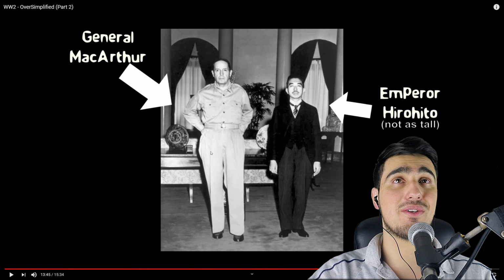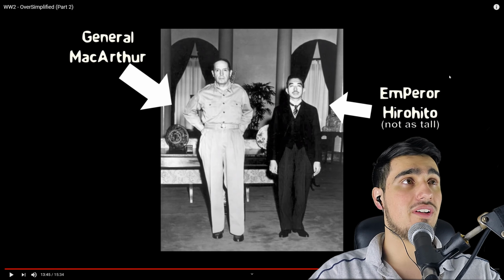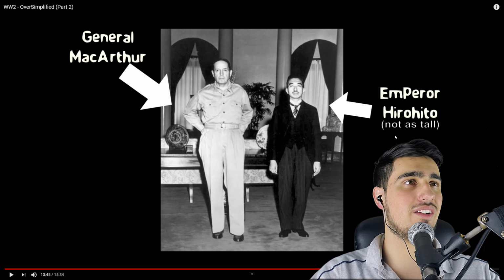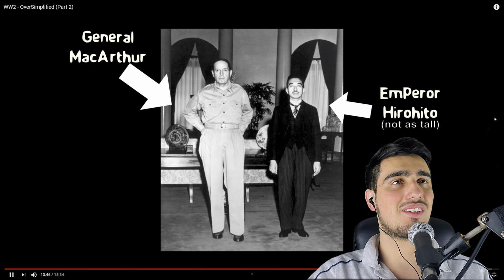That's badass, dude. General MacArthur and Emperor Hirohito, and not a stall. Damn. That's badass to show them that this guy's taller than their divine being. Dude, come on. He was not the divine, powerful being they had believed.